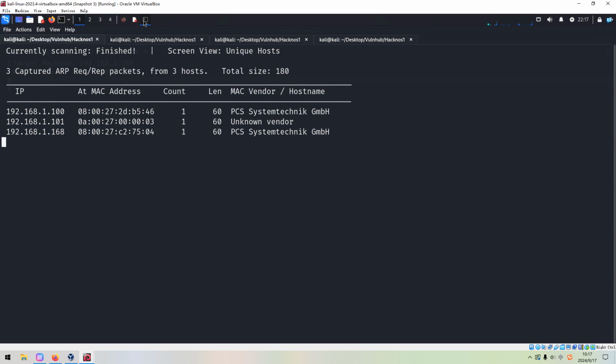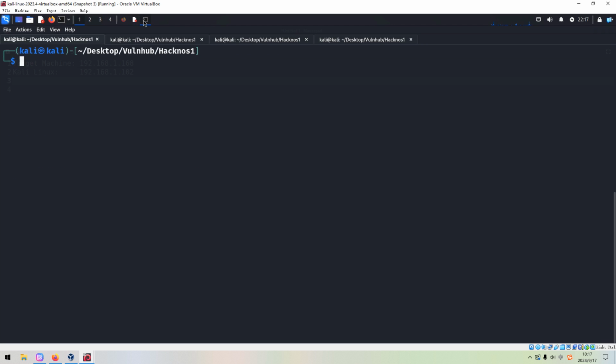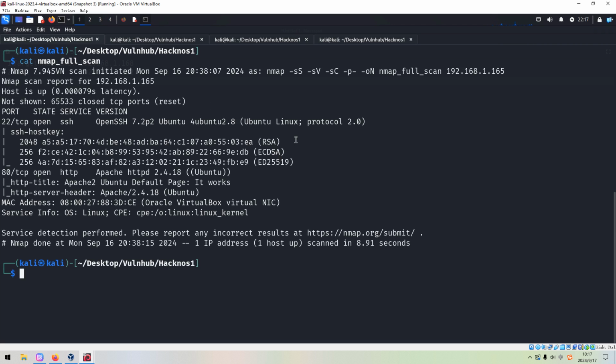So what are we going to do next? We need to do the port and service scanning with Nmap. To save time in this video, I've already completed it before, so for now we just get out its result. As usual, I took the options like SYN scan, the version scan, the default script scan, followed by -p- to do the full range port scan. The last option, -oA, is to output the result into this file.